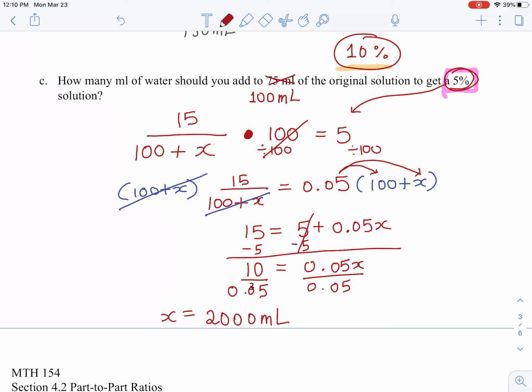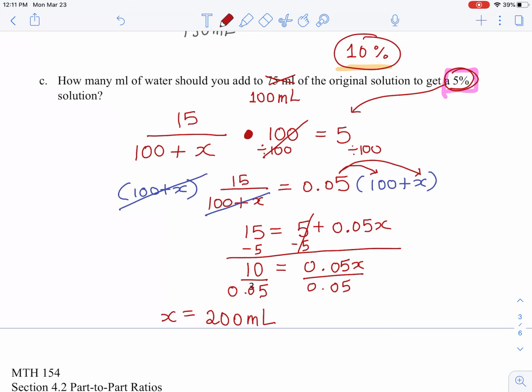Oh, I'm being so silly. It wasn't 2,000. It was only 200 milliliter. So sorry about that. So the answer should be 200 milliliter. When I saw 2,000, I was like, that's way too much. How in the world did I get 2,000 in the beginning? Oh, I did 100 divided by 0.05. I should have done 10 divided by 0.05. Sorry about that mistake. But then the answer should be